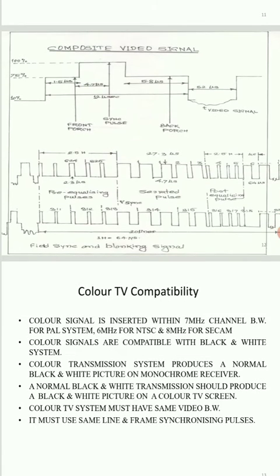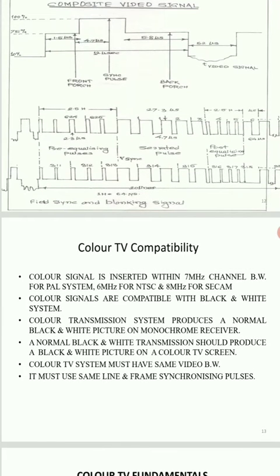Here you can see the color TV compatibility. The color signal is inserted within the channel bandwidth: 7 megahertz for the PAL system, 6 megahertz for NTSC, and 8 megahertz for SECAM.